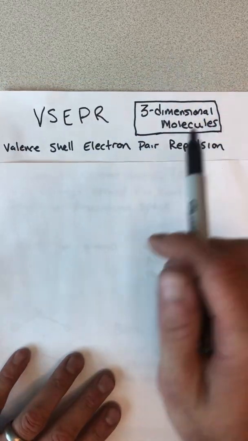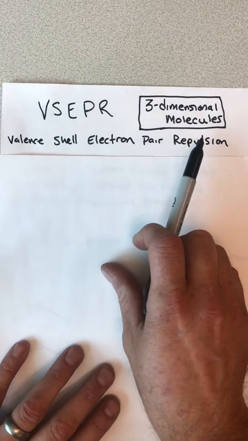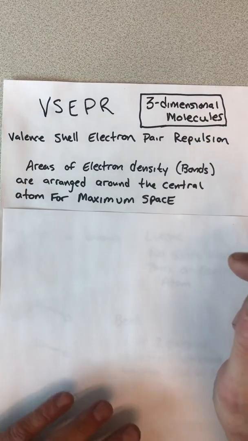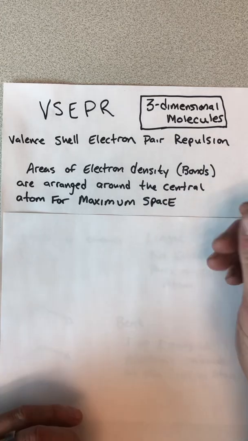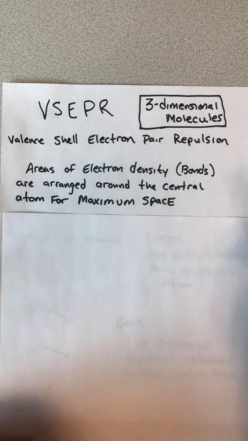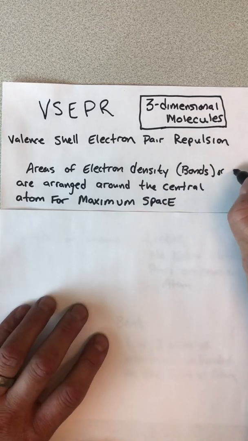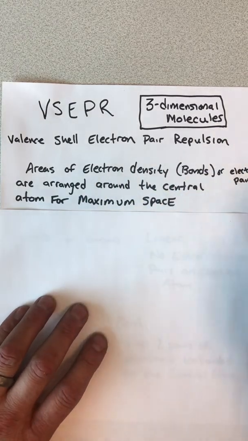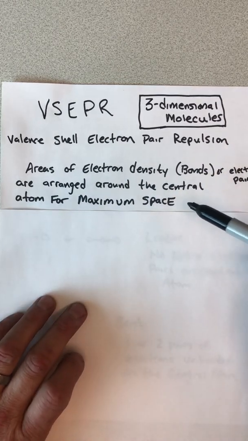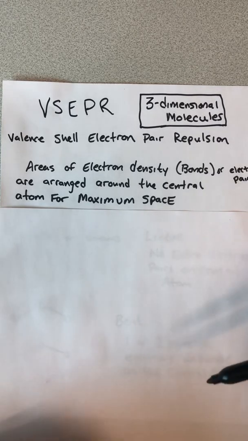This stands for valence shell electron pair repulsion. And so the whole basis here is that electrons are negatively charged, and so they need to be far away from each other. They actually repel each other. And so areas of electron density, which can either be bonds or electrons, and usually these are electron pairs. So bonds or electron pairs are arranged around the central atom to allow for maximum space between those bonds and